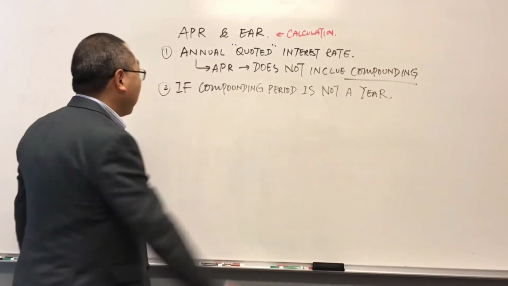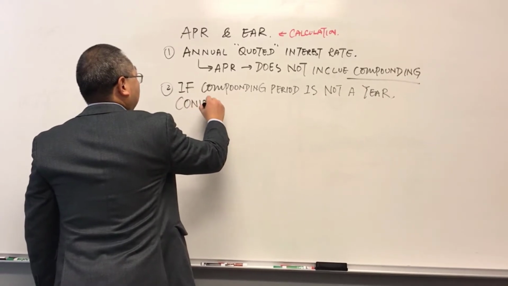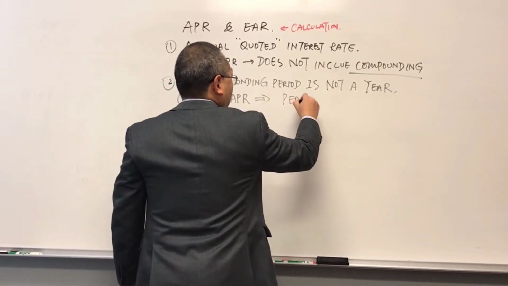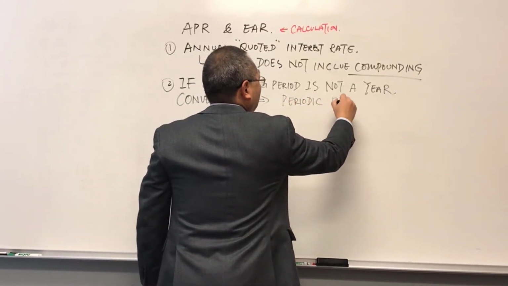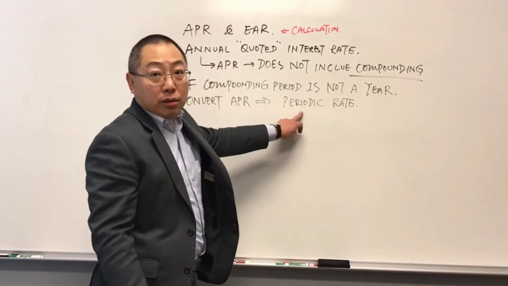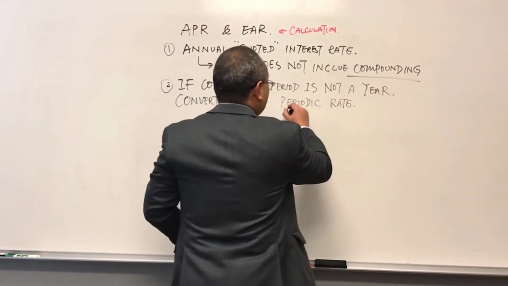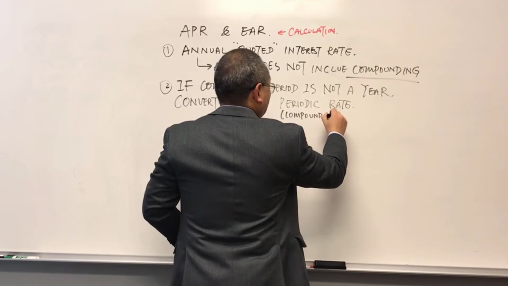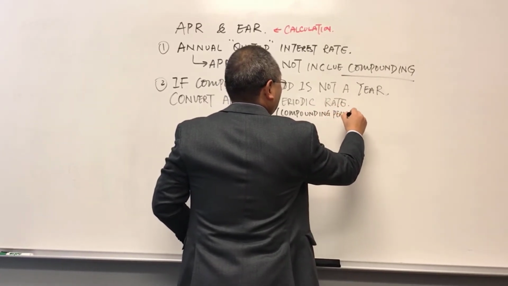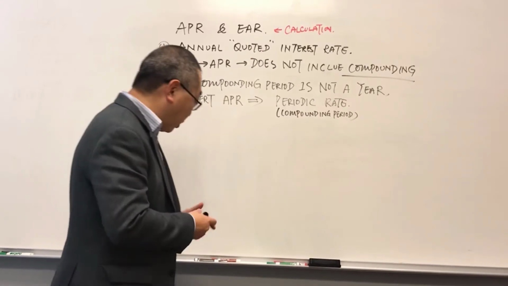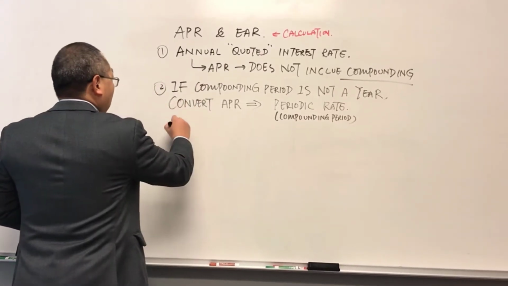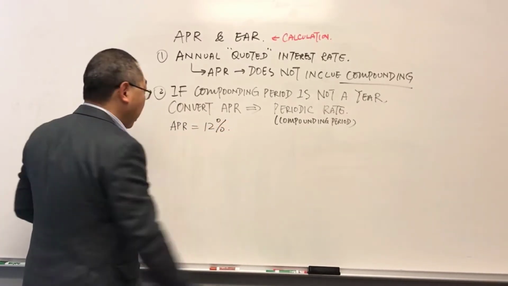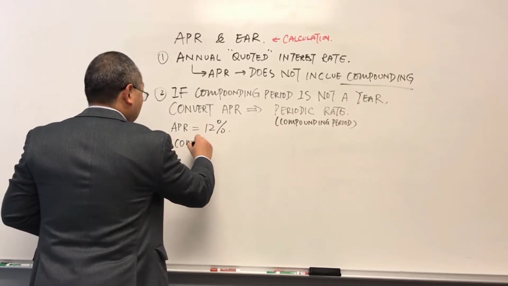If it is not a year, you need to convert APR to the periodical rate. The periodical rate is your compounding period. So we use the examples. APR is, for example, 12%. So if your compounding period